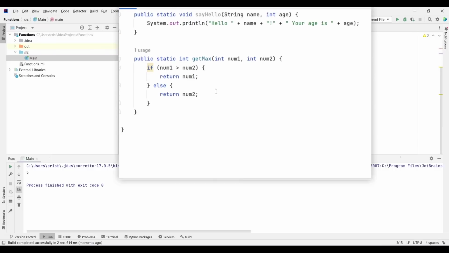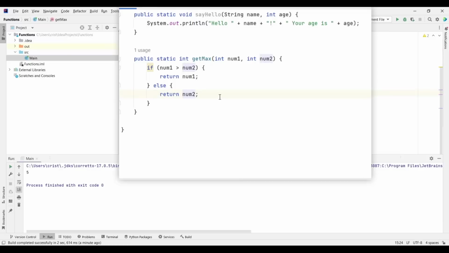Another important thing to know about the return is that after you return from a function, either by returning something or simply typing just return, the function or the structure in which you currently are is going to be left, it's going to be stopped.